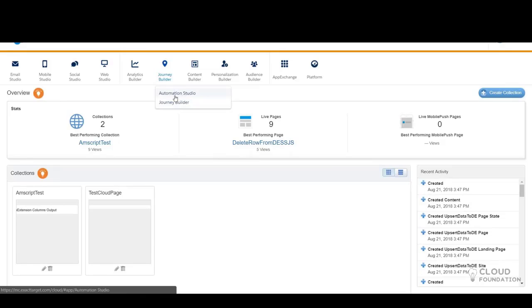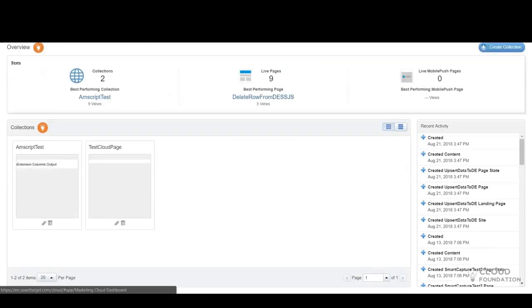And coming to the platforms, you can see this is Journey Builder and this is Automation Studio. Automation Studio is another big important thing in Marketing Cloud. We will use Automation Studio to automate the different channels, like we can automate the email sends or mobile sends, and we can automate the data inflow and data outflow within the Marketing Cloud. And coming to Content Builder, like I said, you can build the contents, the email stuff, the images, all those things come under Content Builder.